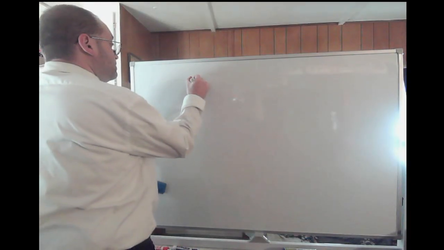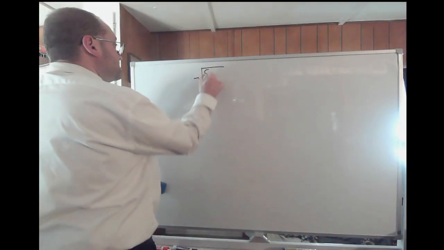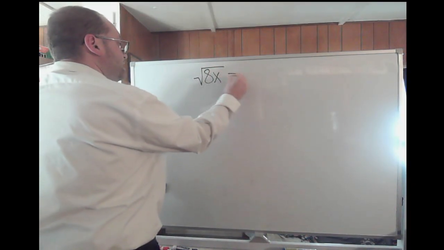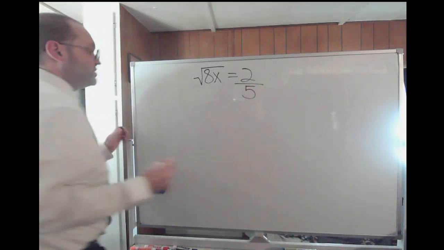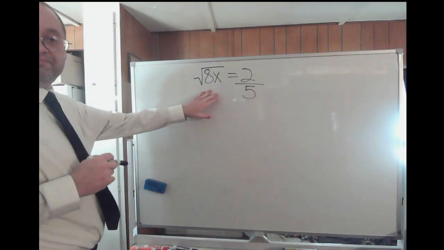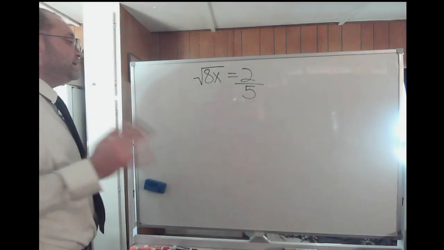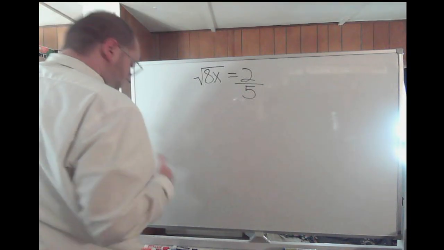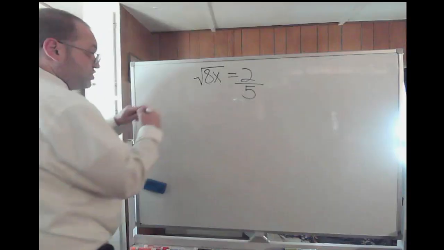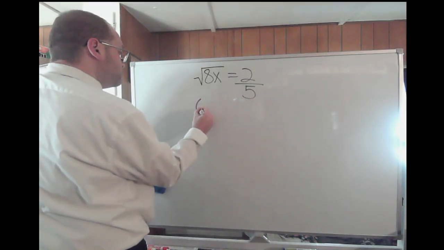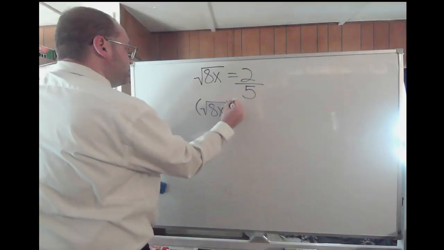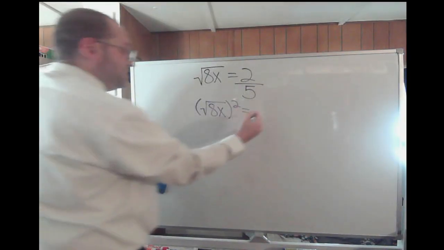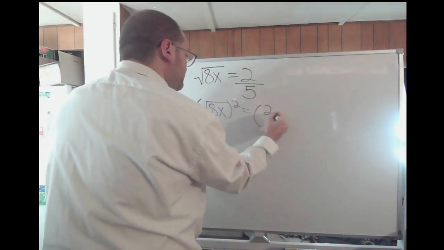Alright, how about this one? Square root of 8x equals 2/5. So we have the square root of 8x equals 2/5. Okay. So what we need to do now, again, square both sides. So take that square root of 8x, you'll raise that to the second power, but you also got to take that 2/5, raise that to the second power,